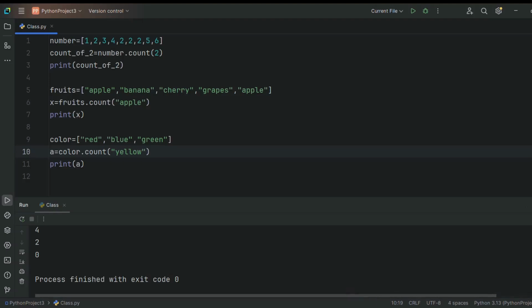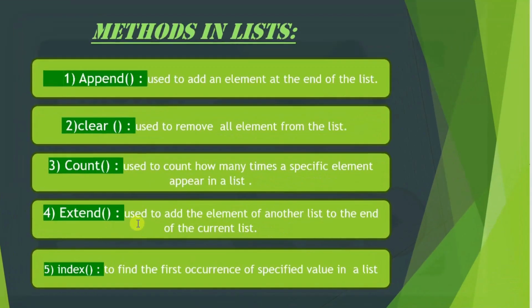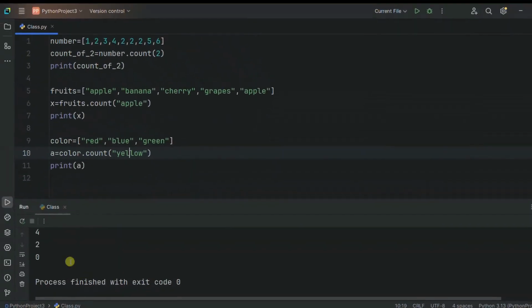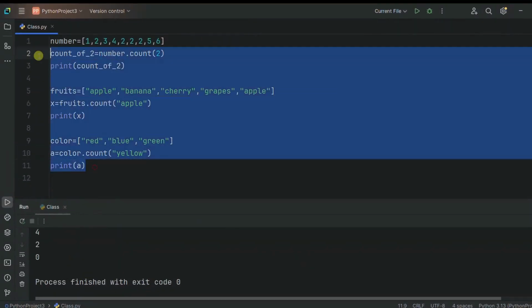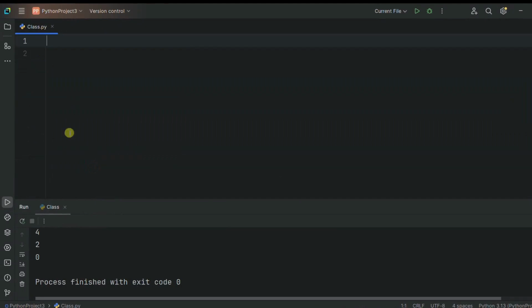The next method is the extend method. Extend method is used to add the elements of another list at the end of the current list. This is also used to combine 2 or more lists into one. Let's see with an example. I'm going to remove all these previous examples and now